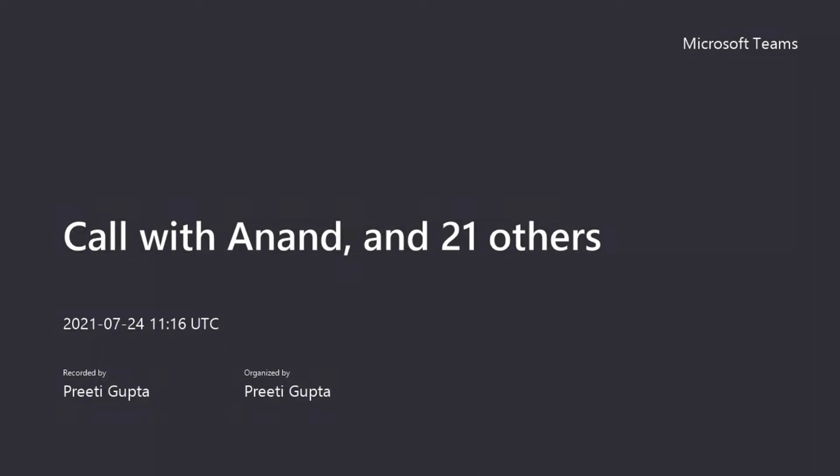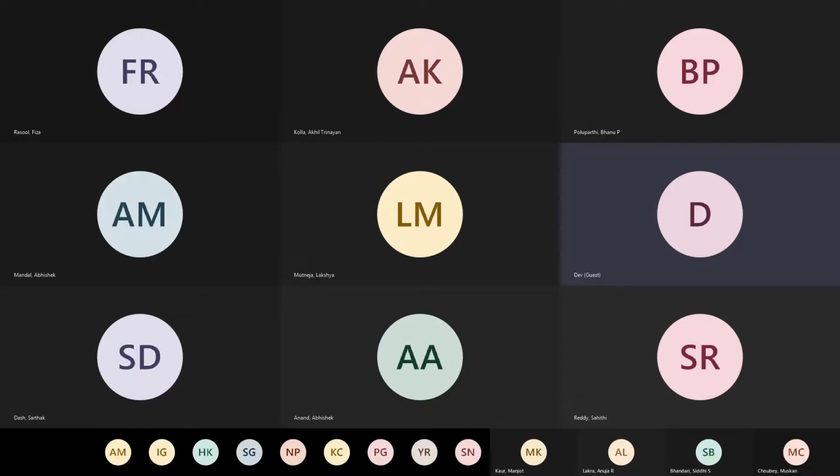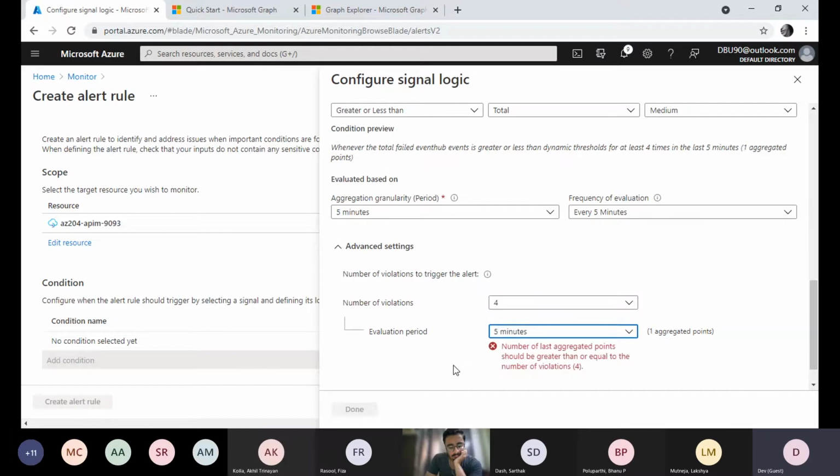I think this phone is okay. I will keep it around 5 minutes. Okay, so 10 minutes, because I think it will take time for 20 only. So if I lessen this, then this evaluation period will go on. So I can set the date and let's click on done.